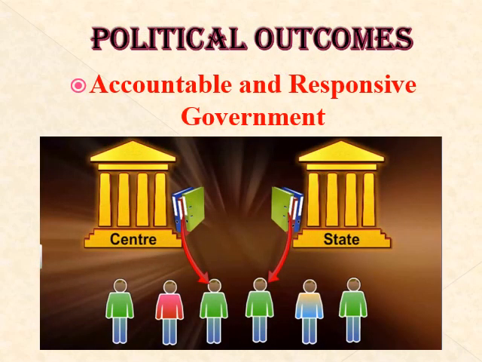Political outcomes. Students, what are the political outcomes of democracy? Listen. The political outcomes of democracy are to produce accountable, responsive, and legitimate government. Okay, students, first, accountable and responsive government. In a democracy, an accountable and responsive government is one that is answerable to its citizens. It is responsible for making all decisions on behalf of its citizens and according to their needs and expectations. Before taking any decision, it is the responsibility of the government to follow the procedures. That means, students, a responsive and accountable government is always answerable to people.